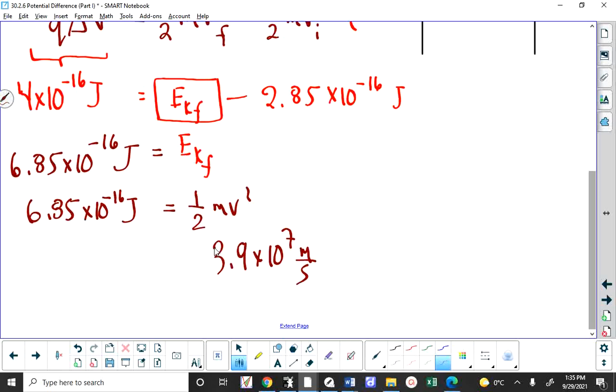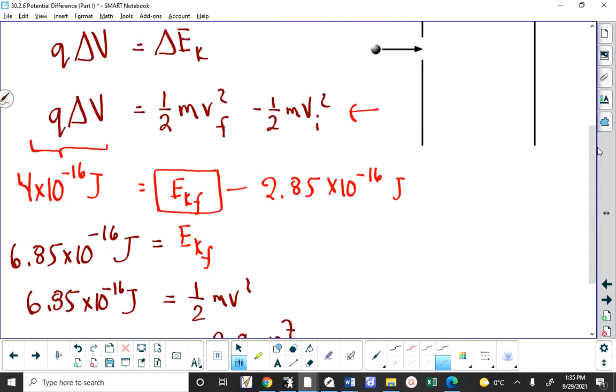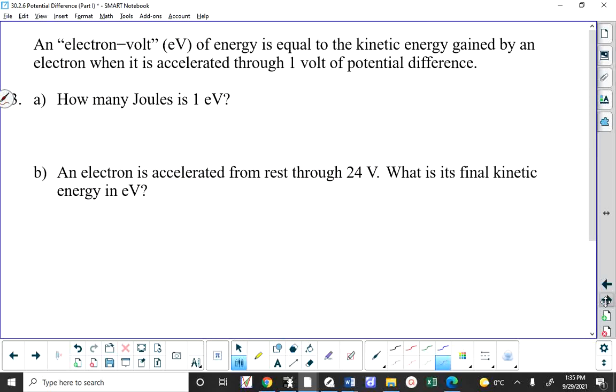Really, number 2 is done in the exact same way as number 1, except in number 1, we were able to ignore the 1/2 m v_i squared because it started from rest. You know, probably 9 times out of 10 it will start from rest. It's that 1 time out of 10 you got to watch for. We have one more little thing we're going to cover here, and